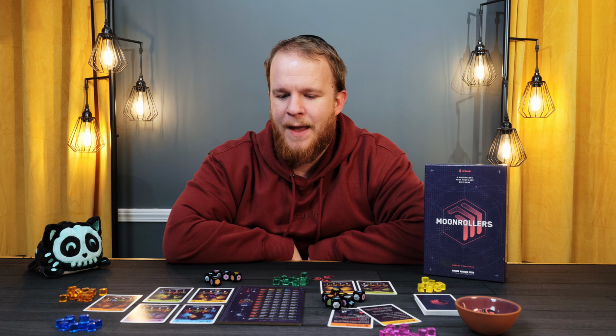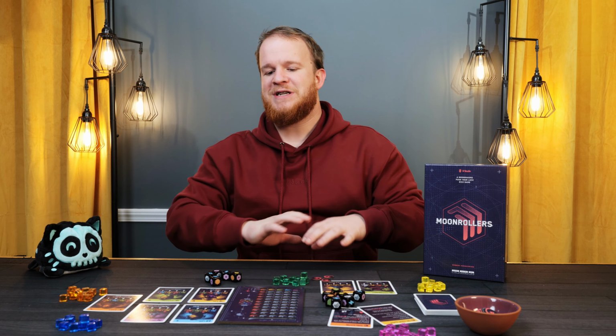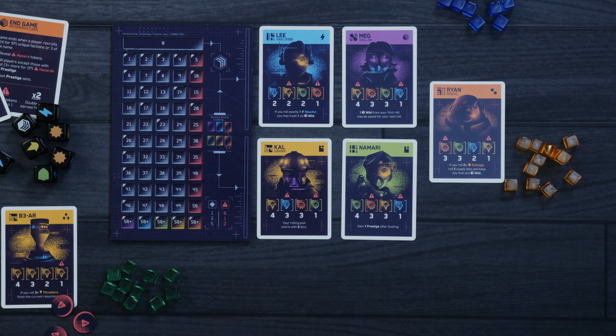All right, on to Moonrollers. Moonrollers, like I said, set in the Moonrakers universe, is going to be a pressure luck game where you are rolling dice to collect the various different symbols that you're familiar with from Moonrakers already. We have shields, we have blasts, we have boosts, we have extra dice, we have a wild symbol,